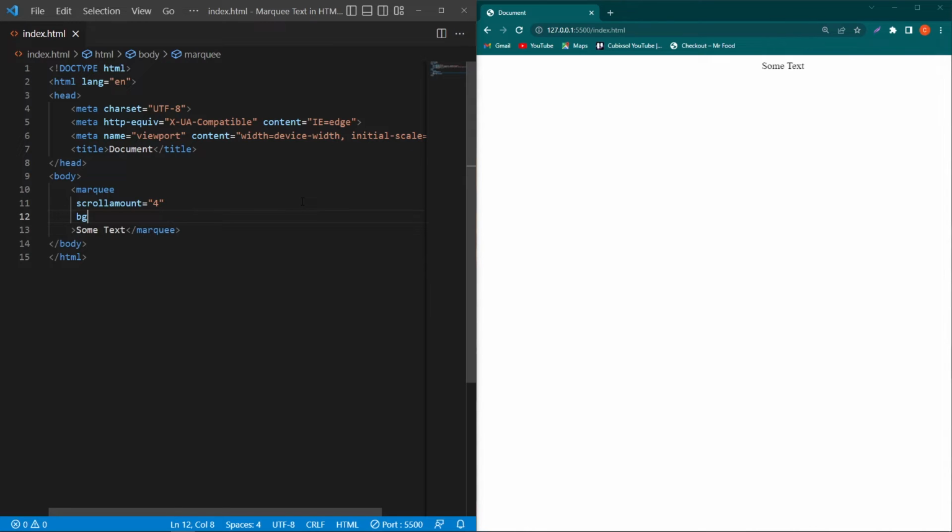Now I have to type bgcolor is equal to double quotation, and suppose I type yellow. So now you can see that our text is moving but it has a yellow background color. For bgcolor, make sure to write the spelling as it is, and here you can type any color like red, green, blue, whichever color you want. So now you can see that our text has a yellow background color and it is moving from right